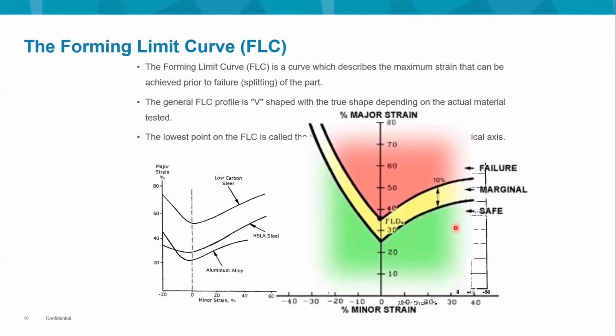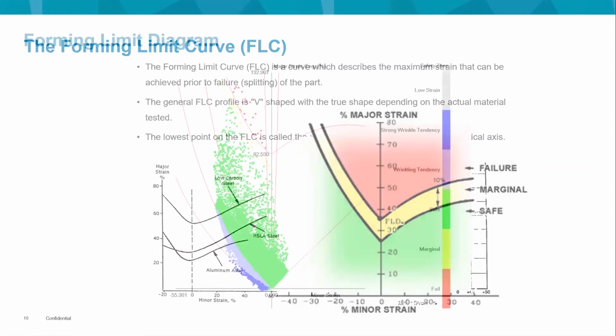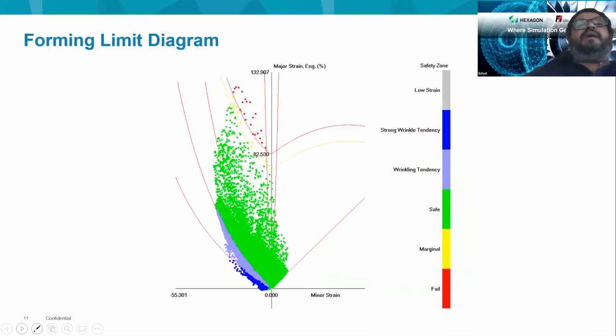What we are looking for and what we need to remember is we are looking to see formability in the green zone, and anything which is within 10% of this zone is called the safe zone or the marginal zone, and above that is the failure zone. So we need to make sure that we move this part of steel such that it remains within the safe zone, and all the circles that you saw plotted will remain within this safe zone. And eventually, this is what we are looking for. It's nothing but the forming limit diagram.